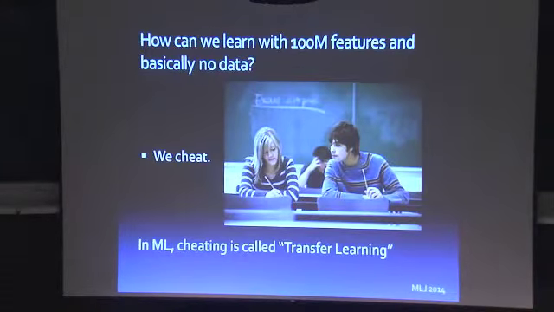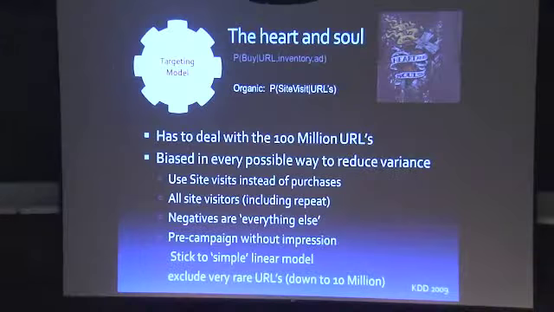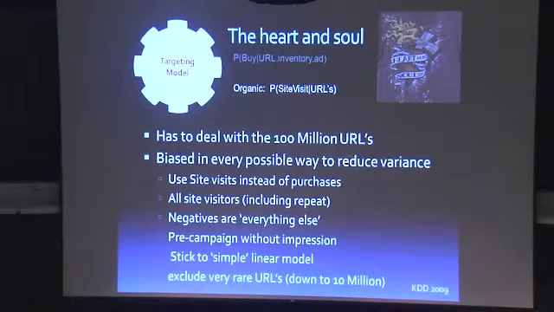A couple of tricks. Let's start. First of all, I'm going to make a whole lot of small problems out of that one big problem. In statistical terms, I assume independence all over the place, and I'll talk about a few of them separately. Let's start with the big problem of targeting. So what do I really want to estimate? I want to estimate the probability of buying given the URL history and the inventory and the ad.